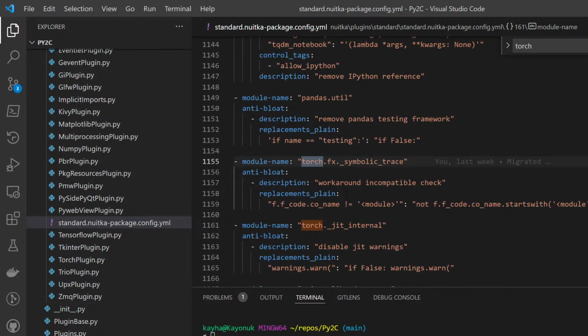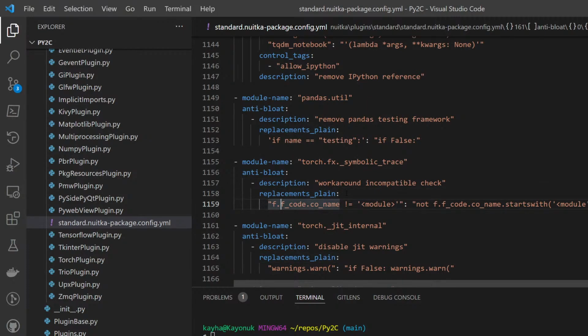Or here we have a workaround. So actually Nuitka does not put a module as the code name, but puts also the module name there. That's making life easier in case of troubles. But it's not entirely compatible.